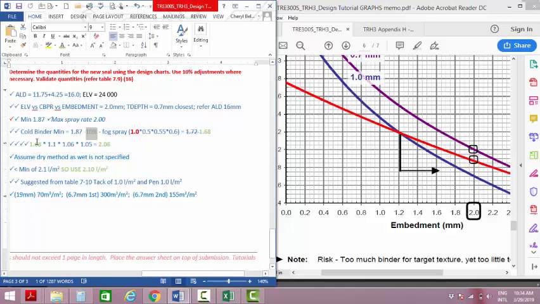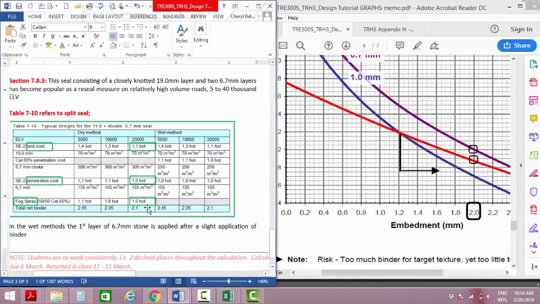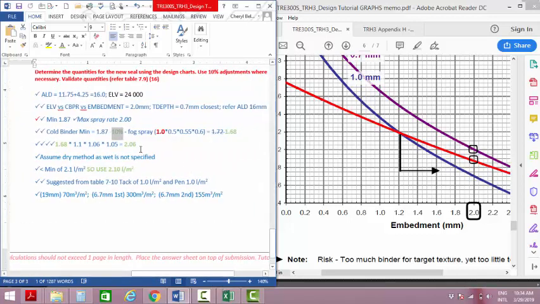So when we multiply out this 1.68 by these factors, we get 2.06. Now, if we go back to our table 7.10, it says there that the combination of tack coat and pen coat must not be less than 2.1 basically. So when we look here, we've got 2.06. So automatically we have to say, nope, it's less than 2.1, so you have to use 2.1. So therefore 2.1 breaks up into 1.1 and 1 respectively for tack and pen coat. And subsequently we will use these stone values as well,